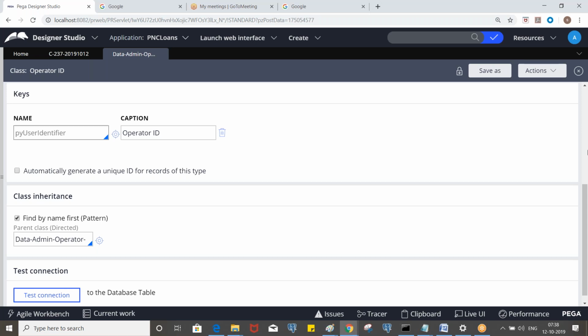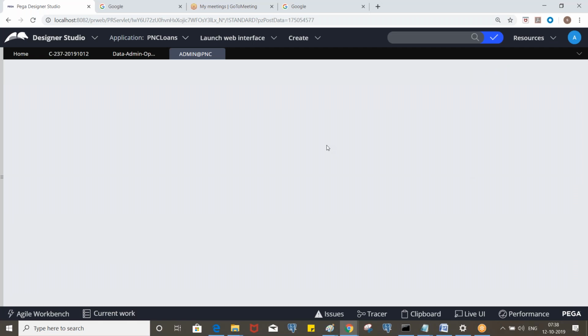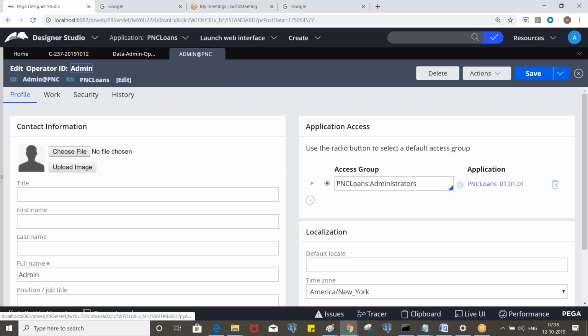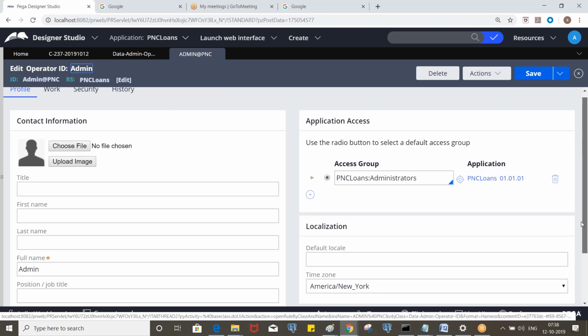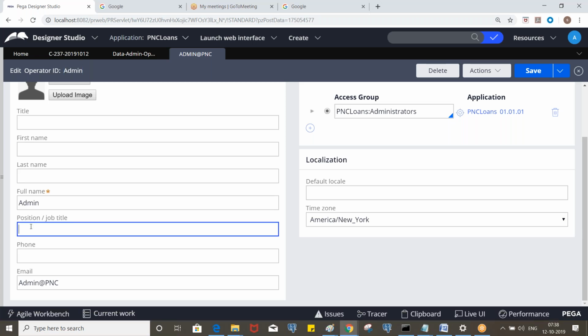Now let's say you want to update all the operators, all the developer operators of this application. I just want to update the title or, let's say, position. We created multiple operators here, developer operators, and I want to update the job title through an activity.